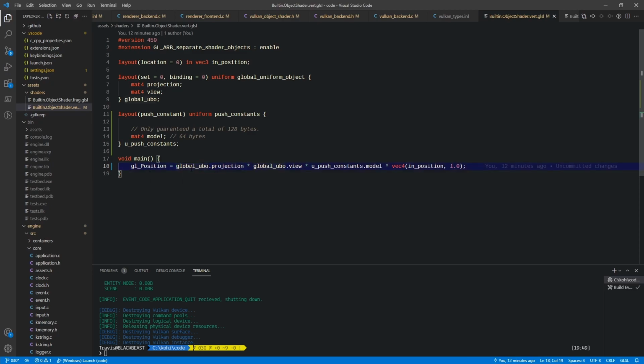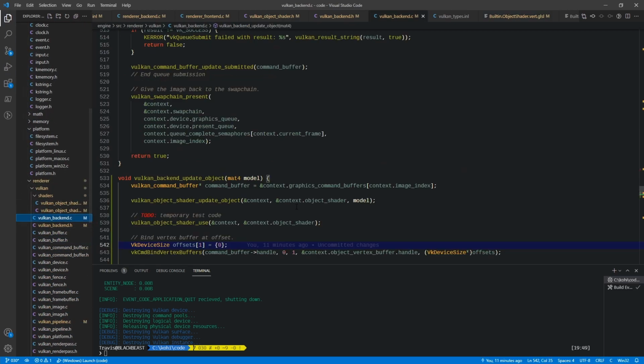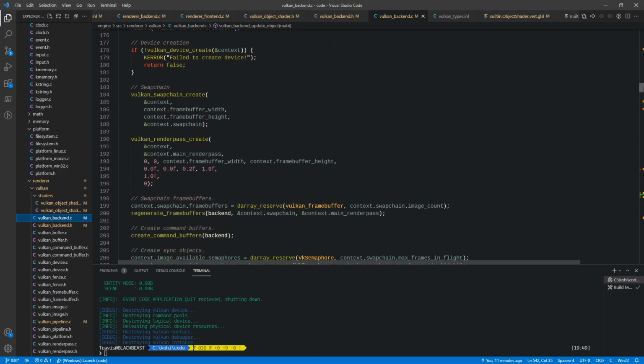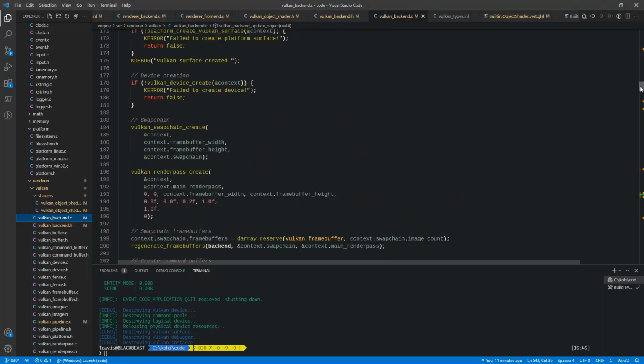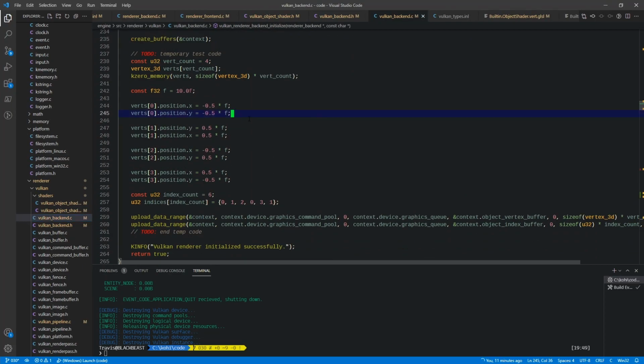And those normalized device coordinates, incidentally, are what we were originally rendering in. So if we go back to our Vulkan backend and we go up to where we were uploading our geometry, our original value here was 0.5. And the reason for that was because without the projection matrix, we were just using normalized device coordinates, which is why a 0.5 triangle showed up so large on the screen, okay? And so by switching it, we switched away from that